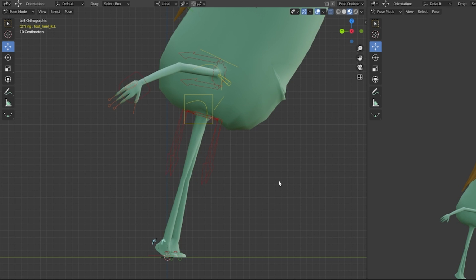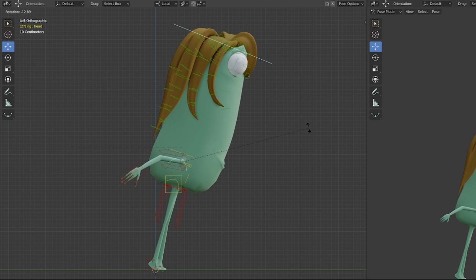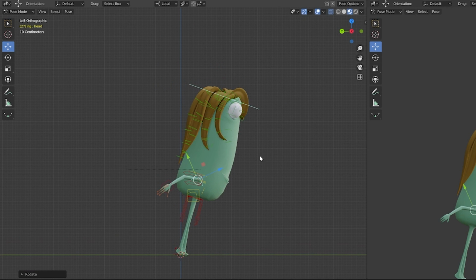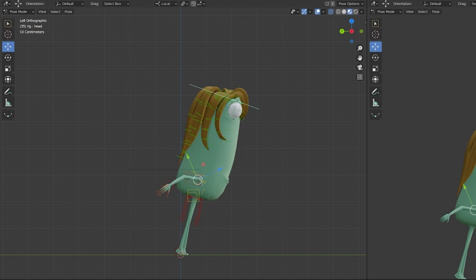So we have this moment. You want to try to have straight line here between body and legs. So let's insert a rotation keyframe, and